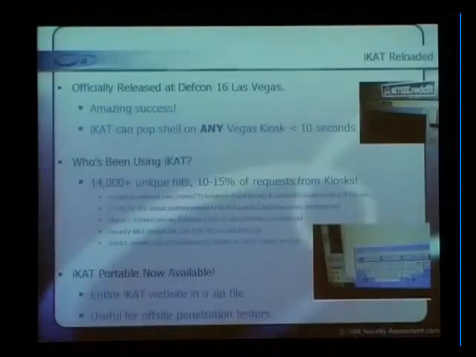I left the hotel as fast as possible. I was like, I don't want to be around here. And then the cops were called. And the cops arrived. And what the cops were doing was they were standing around the kiosk and stopping people from using their cell phones. Because what people were doing was they were hacking it and then taking a photo. A cop's like, oh, you're hacking it with your cell phone. So, yeah,